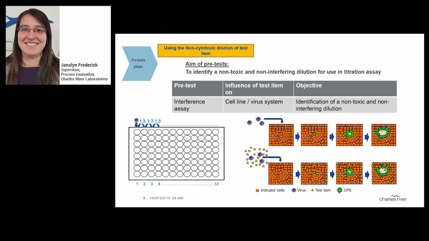This is performed by taking the non-cytotoxic dilution of client test sample into media and filling a 96-well plate columns 2 through 12. Virus is added to the first column and diluted 1 to 3 each column across the plate, similarly to the cytotoxicity. The plate using test sample is compared to a positive control, which just uses media and virus. Less than 1 log difference between the positive control and the test sample plate is considered to be non-interfering and can be used in the main study steps.